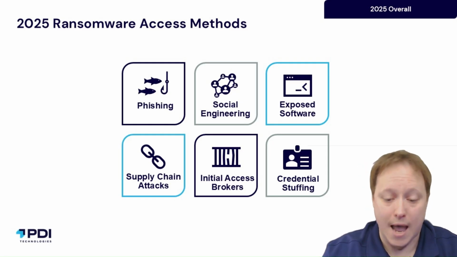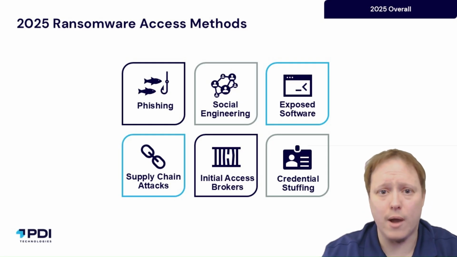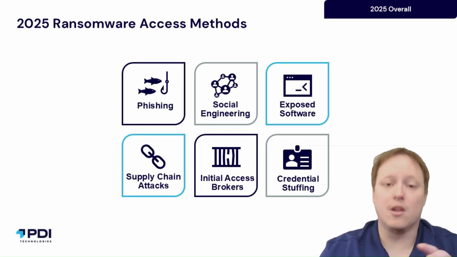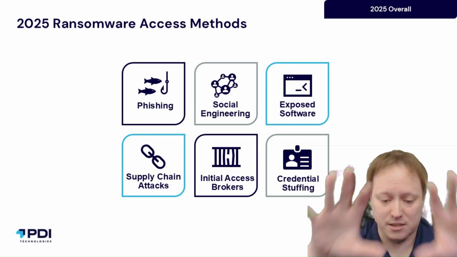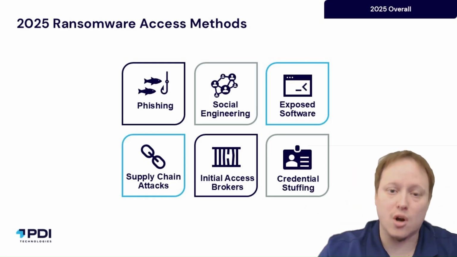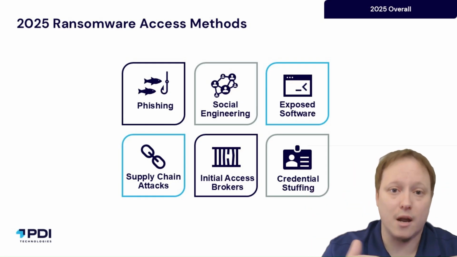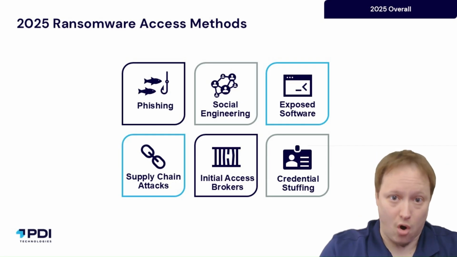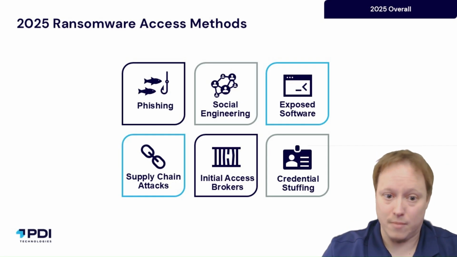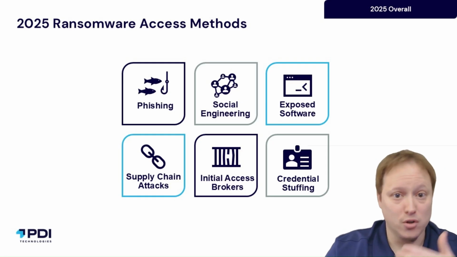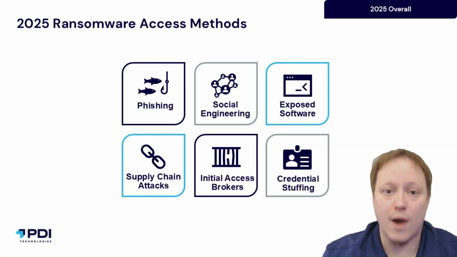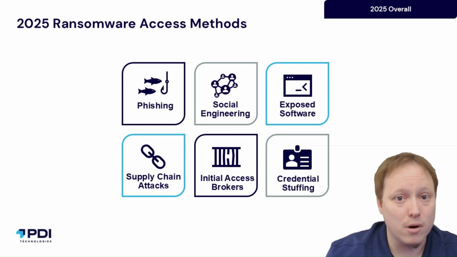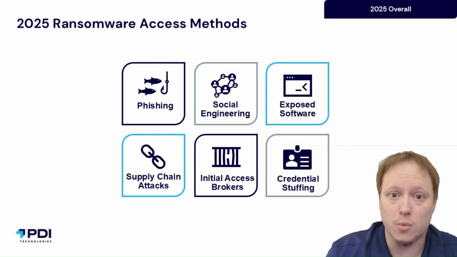Additionally, supply chain attacks. Not only are they looking to see if they can get into a specific organization, but if there's a larger organization that provides software and services to multiple organizations underneath them in that umbrella, if they can get that top organization, they now have access to all of the organizations underneath them as a supply chain attack. Those are very, very lucrative and very attractive to threat actors. Additionally, they're looking at initial access brokers, which has a lot to do with the dark web section we'll talk about.